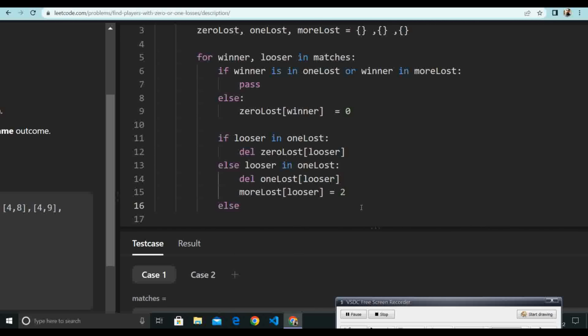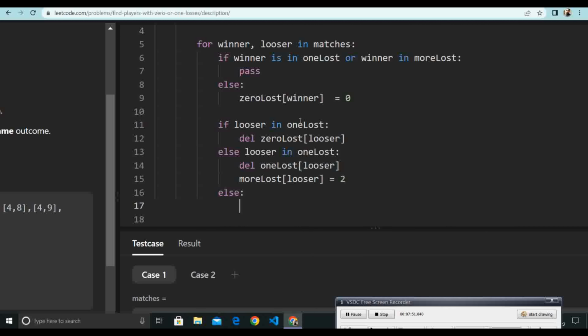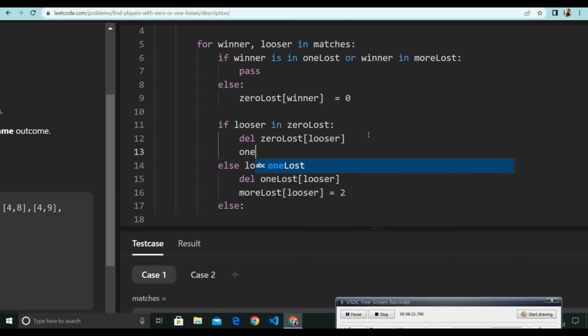तो हम यहाँ पर लिख सकते हैं, अगर लूजर वन लॉस में भी नहीं है, अगर लूजर हमारा जीरो लॉस में है, तो उसको जीरो लॉस से हटाओ और उसको फर्स्ट लॉस में भेजो।